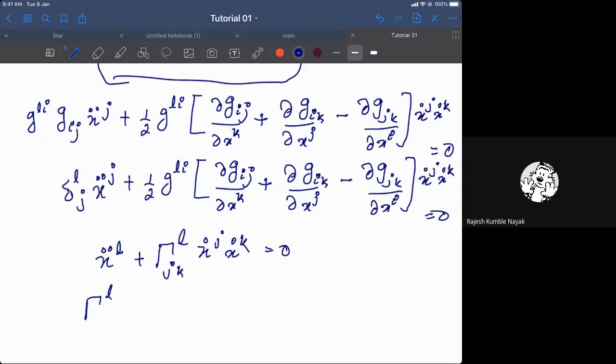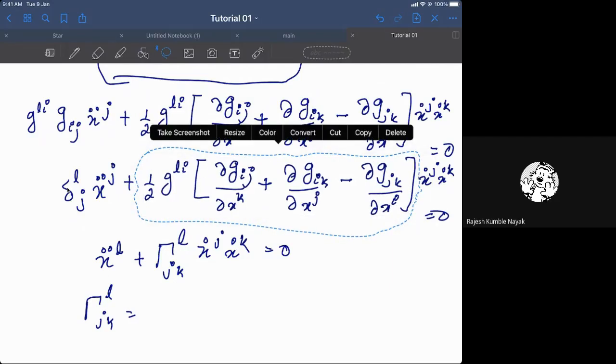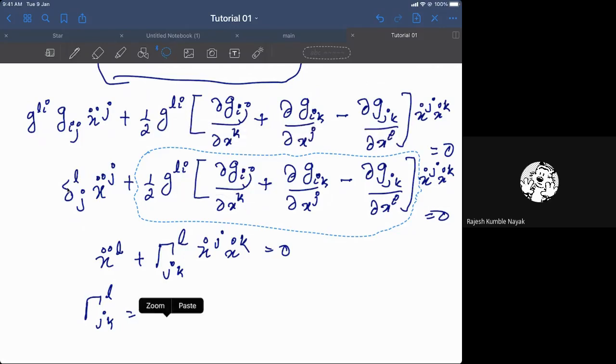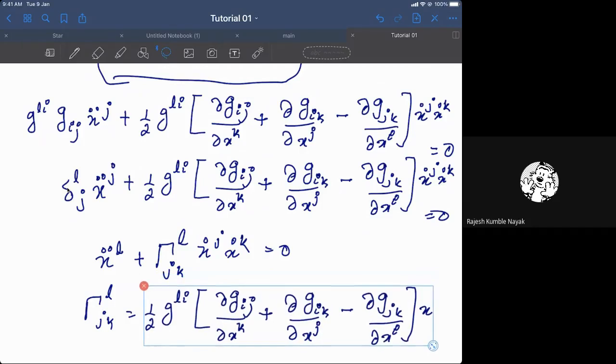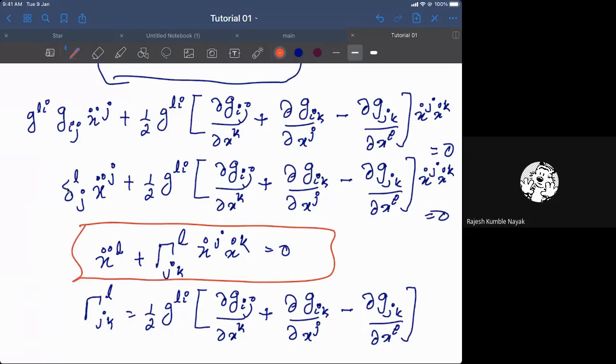I'm not going to rewrite this. We have already done it several times, but you should be writing it. So there is something extra which you can rub off. So the Lagrangian equation, by some hook or crook, eventually reduces to an interesting form. This is what we call a second order differential equation, Newton's laws of motion or Lagrange equation of motion, where gamma L j k is given by this derivative of the metric coefficients.